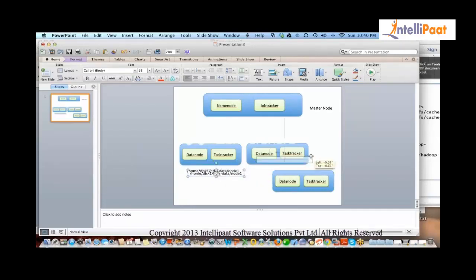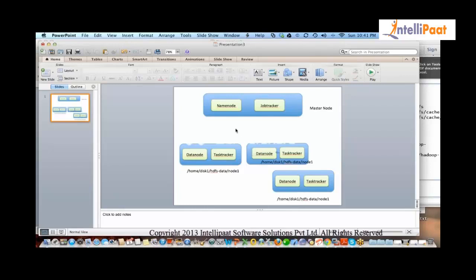This machine may have the same path or a different path. It's your wish. And this machine will have the same path or a different path. It's your wish. Correct? Now, what you're trying to say is node 1, node 1, node 1. These 3 will work like one single storage when it appears to the user in HDFS.